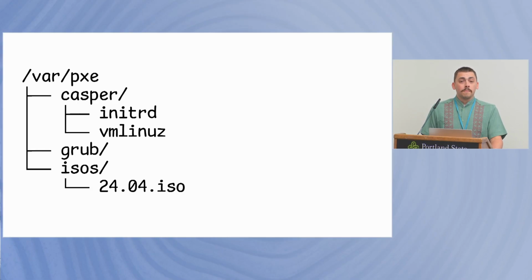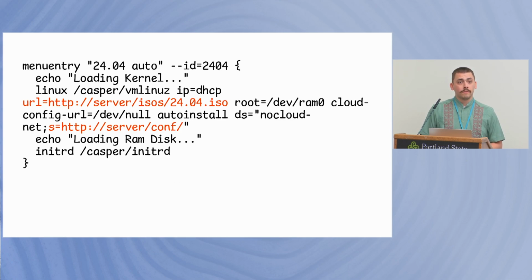Now it's time to modify our main grub config file to actually let it pull these files over the network and get things rolling. This is a menu entry for grub, which is representative of what all of your auto build entries are going to look like. Everything that we care about gets passed on the kernel command line, not because it gets used by the kernel,